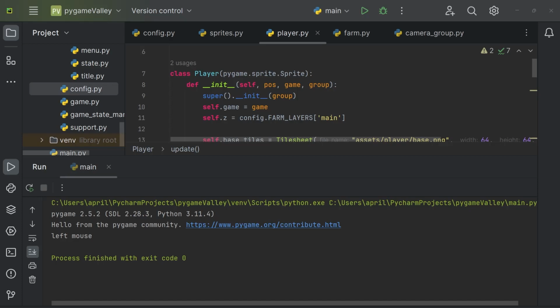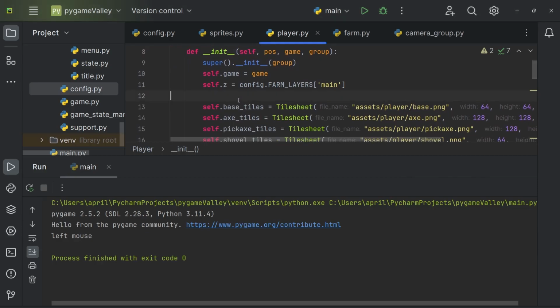Today I'm going to add collisions to my game and also add a stump class so I can get the stumps on the screen. I'm going to start by adding a hitbox to my player. So we're just going to put that right here,